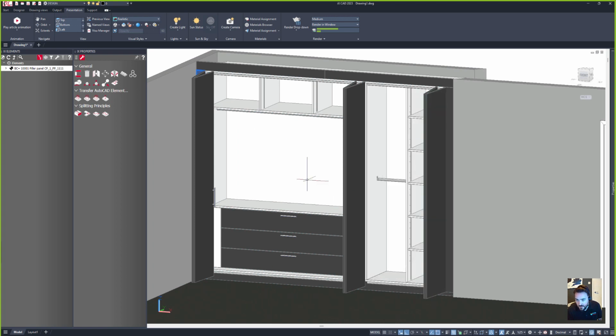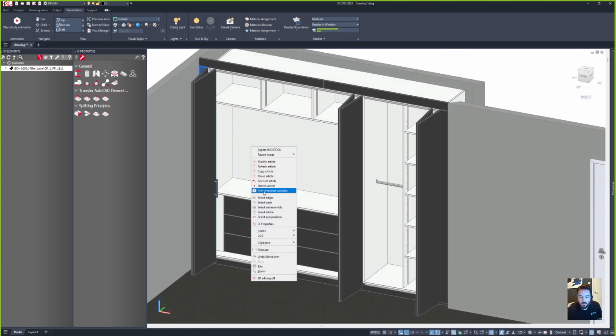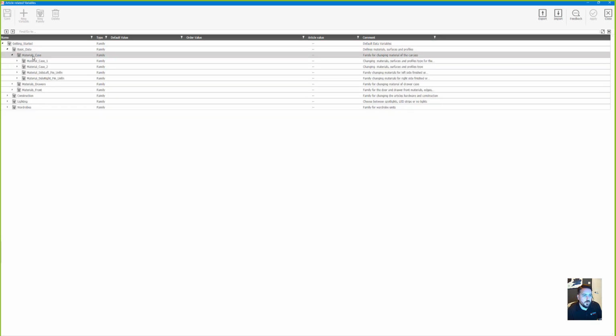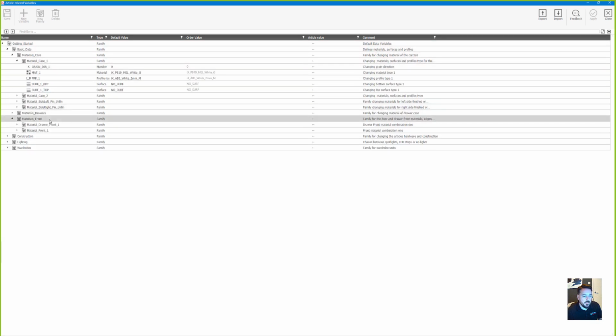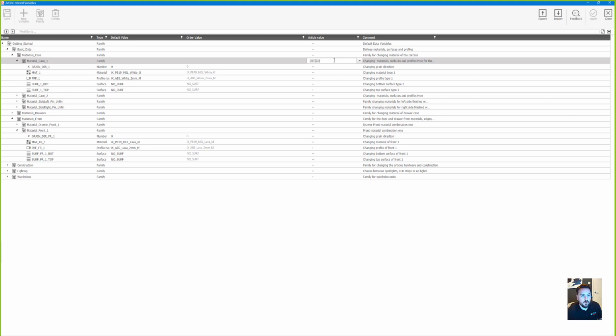And I feel like when I'm using my nesting, I might want to get all of this out of one material. So let's go to the options for the product, go to the data for the carcass, and in here you can see that the front is set as 19 millimeter melamine lava, and the carcass is using a white material. So what I want to do is do a quick change to my carcass material so that that's also 19 millimeter lava,